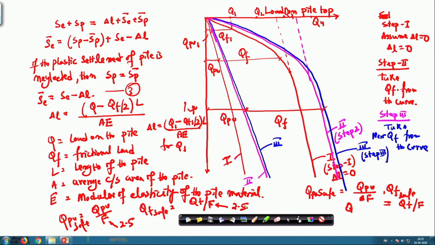So, this way we can determine separately what is the friction resistance and the tip resistance for a particular load. Suppose this is your particular load, and from this load, what is the contribution of the friction and what is the contribution of the tip or bearing, that you can get separately from this cyclic pile load test data. So, that I have discussed, and another important thing is that from this study we know that first your friction resistance is mobilized, then the tip resistance is mobilized. Okay? That is a very important piece of information you should remember.